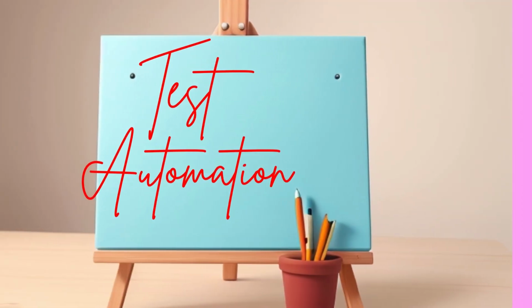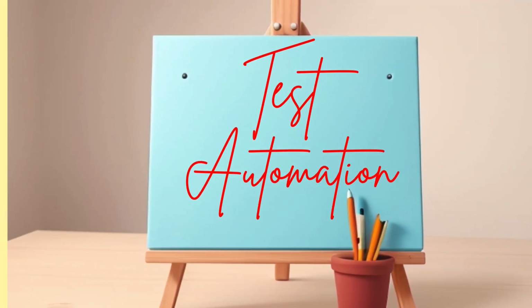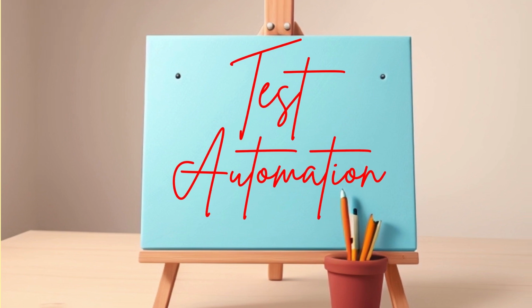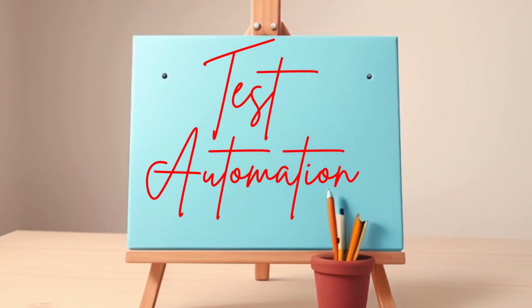Then comes point number 4, test automation. In this, if you have experience with automation testing tools, highlight your skills in scripting languages like Python, Java, or any other language you have worked on or have experience in. Then briefly explain how you have designed and implemented automation tests. Okay. Then mention the automation framework you have used, like Selenium WebDriver, Appium, BDD Cucumber, or any other framework which you have worked on. You can explain that easily.